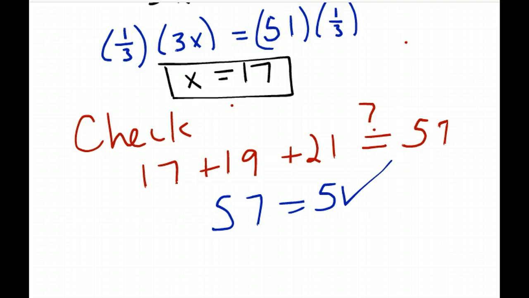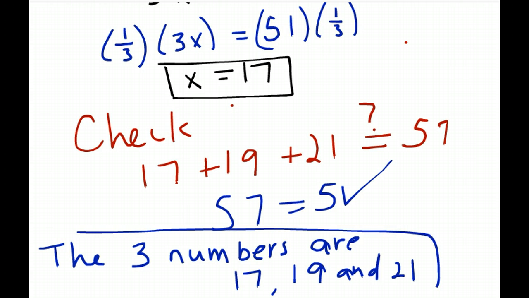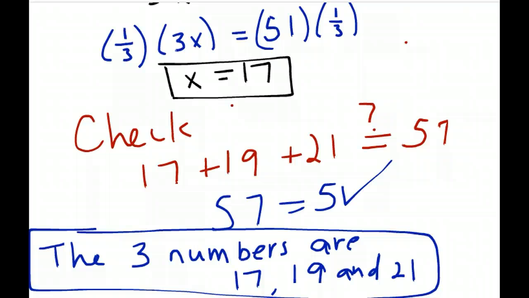All right, so now this is a word problem. They want us to answer it out. So we should write out the 3 numbers are 17, 19, and 21. And that is the answer to the problem. So you're going through all this work to find 3 numbers? That's right, to find 3 numbers. Okay. Wouldn't it be